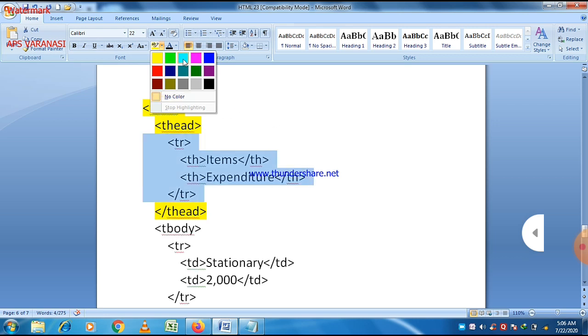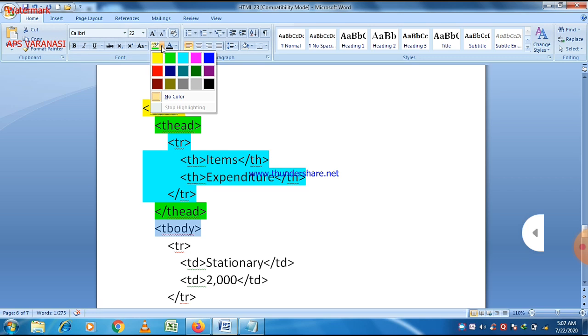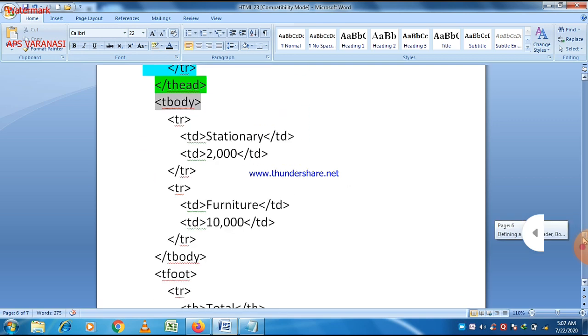Now you can see here easily that the tr tag is there, th is the table header term. If you want to put the table head portion, then t head is used for that purpose. T head is a container tag, and within this we write tr for table row, and for column heading we use the th tag here. The column headings are item and expenditure, and the table header is defined using the t head tag here.